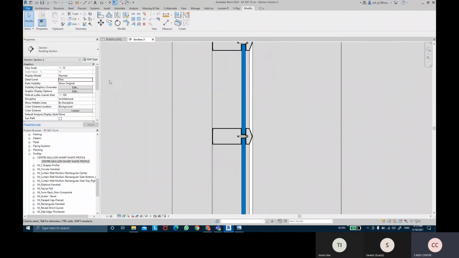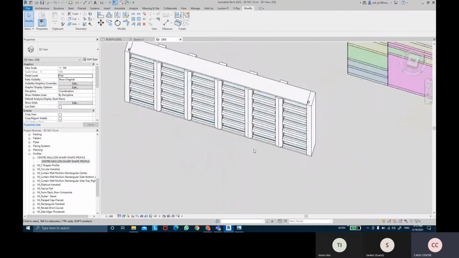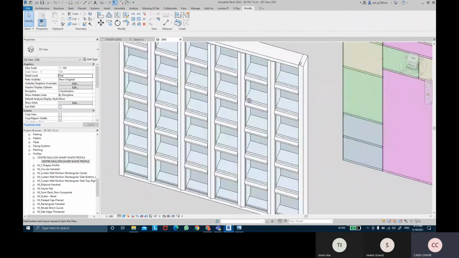While we are making the model, create a detailed model as well with detailed profile sections.